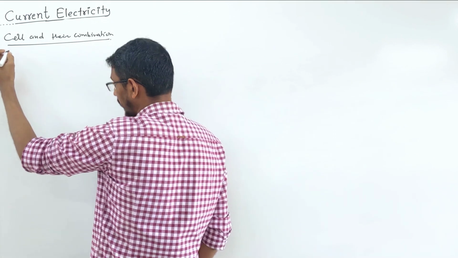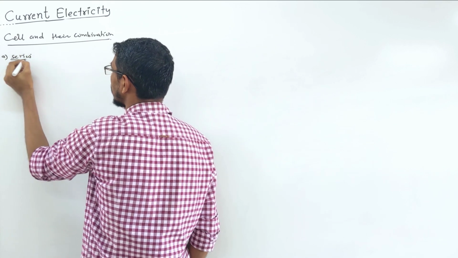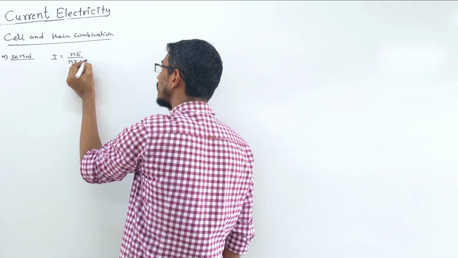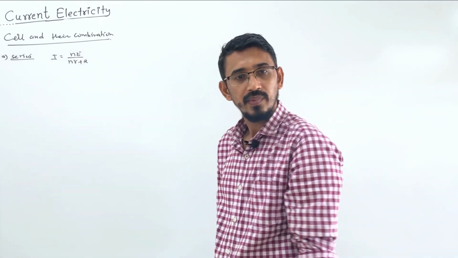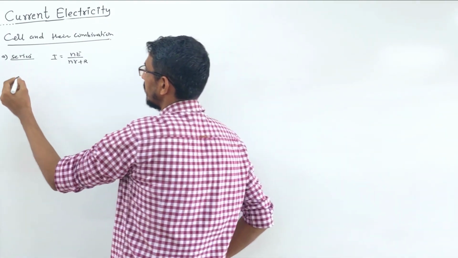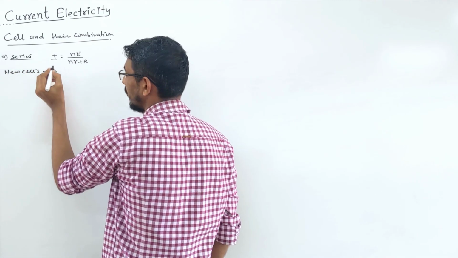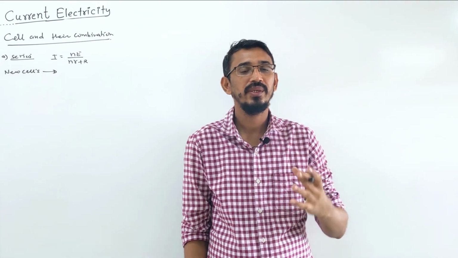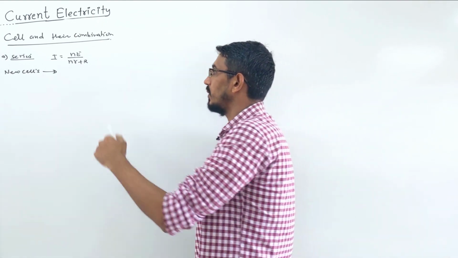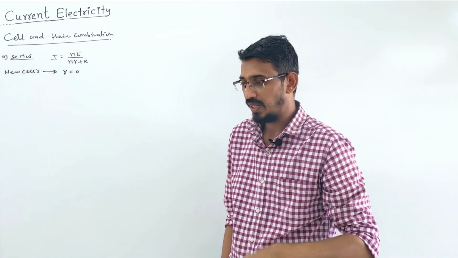So already we got that in series, the current I is equal to n E upon n r plus R. Let's talk about a few more points about this. Suppose you have new cells with you. If the cells are new, what's the meaning of that? The internal resistance is very low, or you say ideal cell, then it is 0. New cell means this small r is nearly equal to 0.